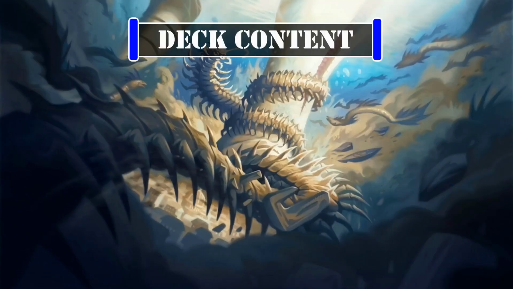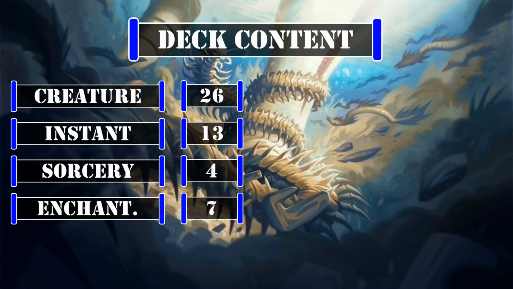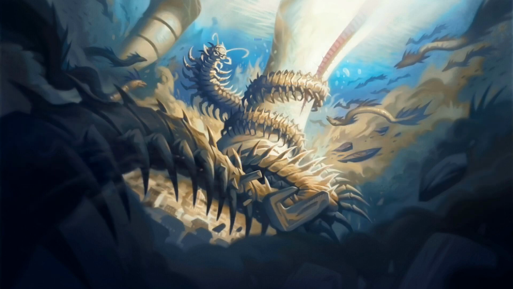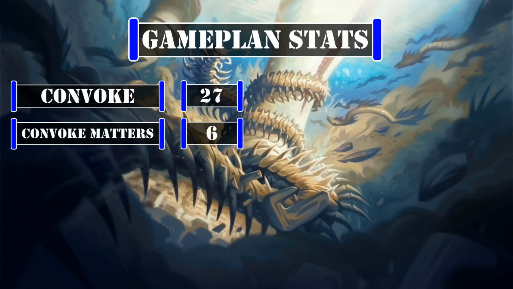This deck currently has 26 creatures including the commander, 13 instants, 4 sorceries, 7 enchantments, 11 artifacts, 2 planeswalkers, 1 battle, and 36 lands. Looking at the stats that matter to our game plan, we have 27 cards with Convoke or that can grant Convoke to our spells, 6 cards that care about casting Convoke spells or being convoked, 19